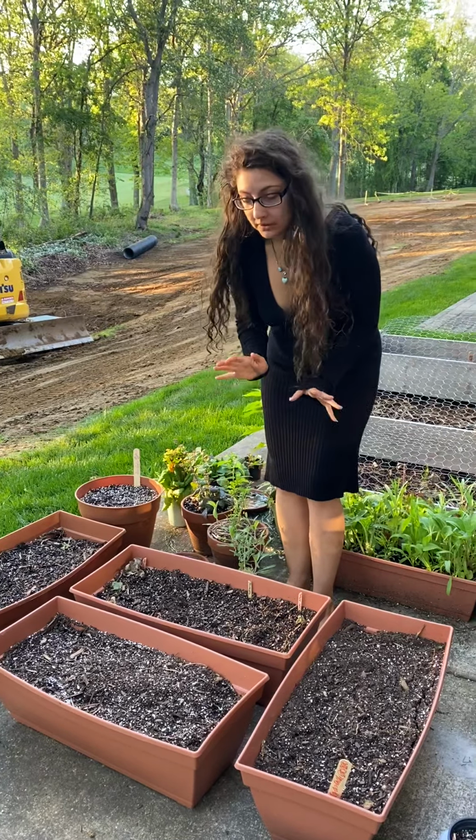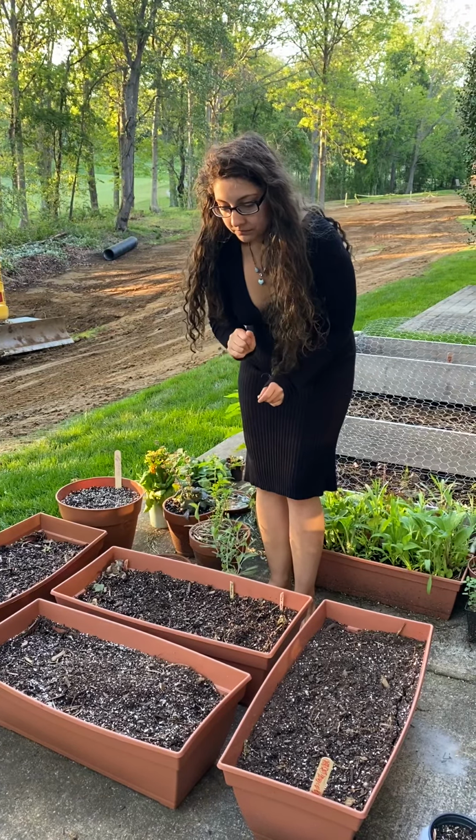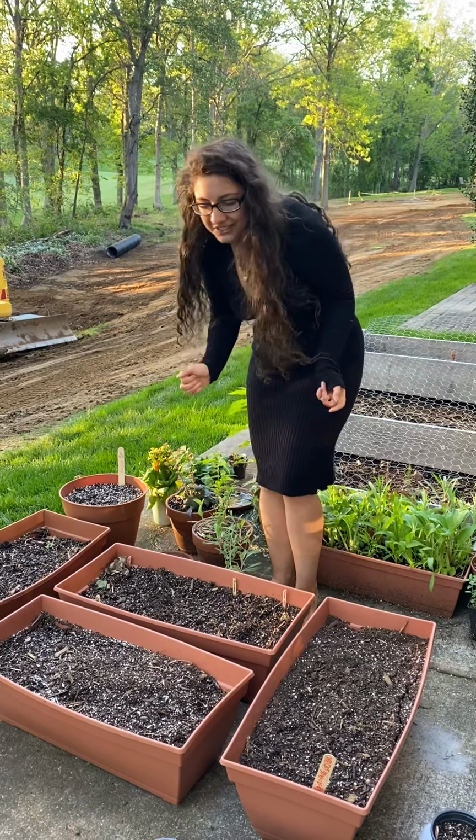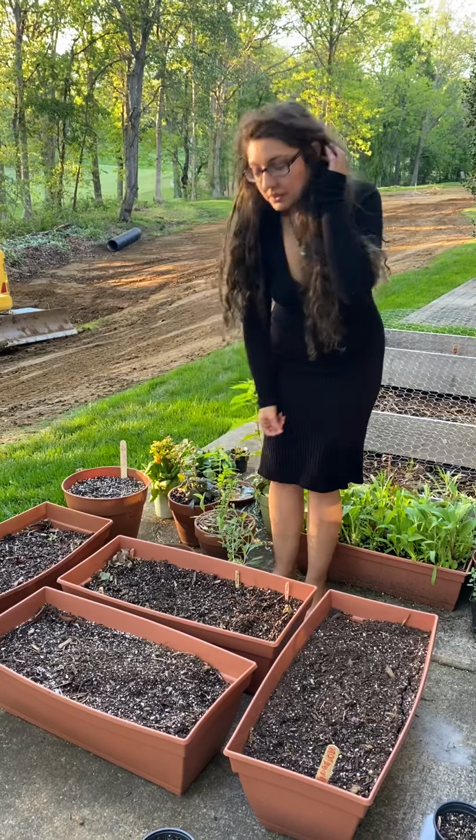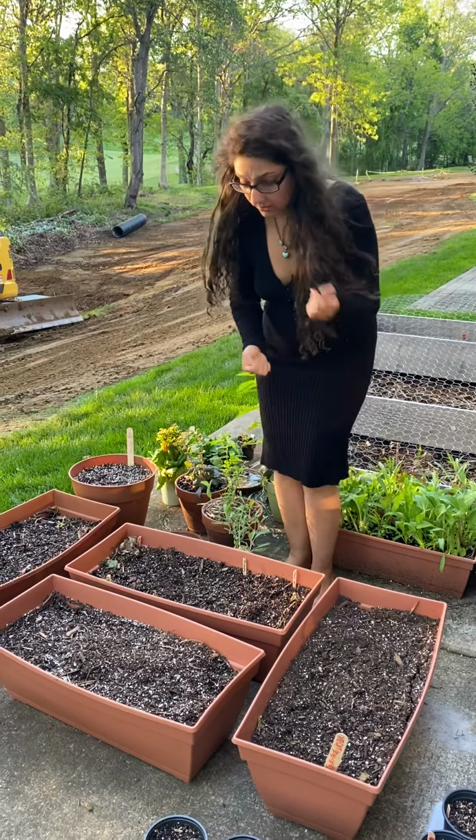So I like to implement not quite permaculture because we don't have enough space for that, but I don't just do monocrops. I don't just have one crop and everything. I like to put compatible crops together,